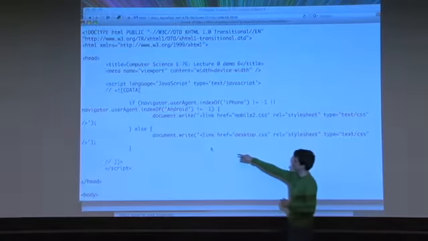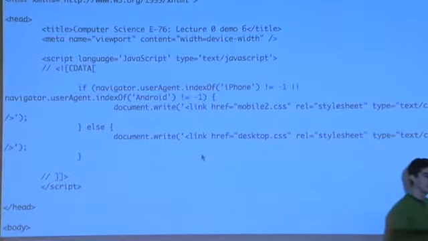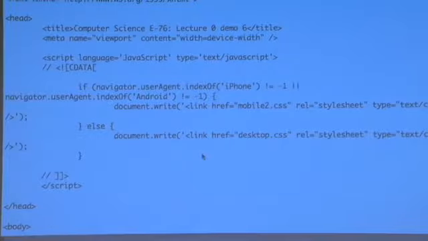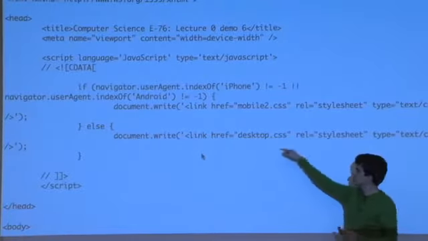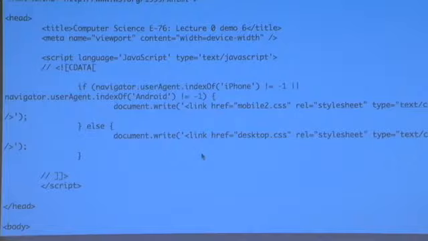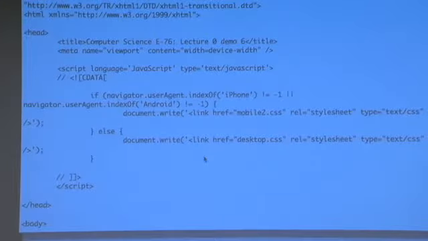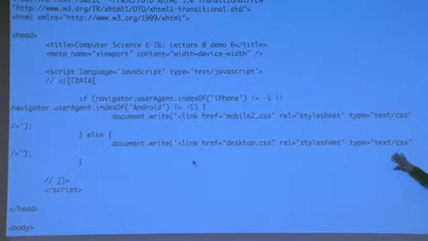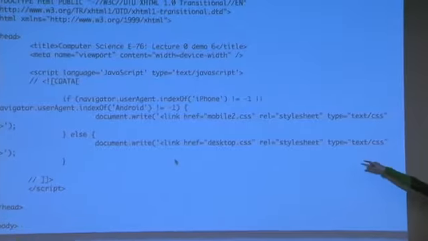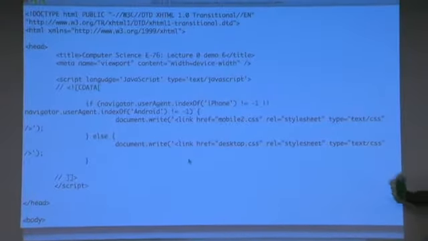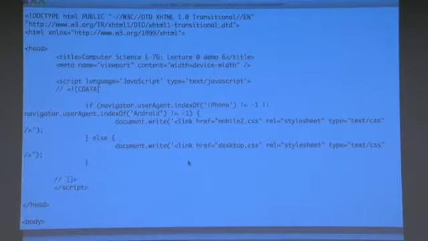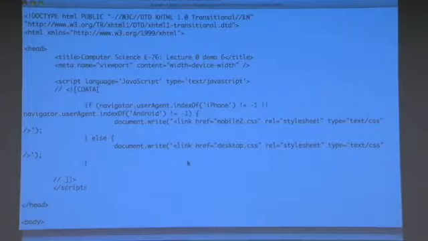Notice that if we didn't have this if statement, we have essentially just the document.write. And what this method does is it takes whatever text exists as a parameter and it prints it out into the HTML document. And it does that sort of in memory. It doesn't actually do that in the raw page itself, because as you can see, what we're seeing is the JavaScript code and not the result of this if statement. But this does allow the browser, while it's rendering this page, to make the determination of which style sheet it